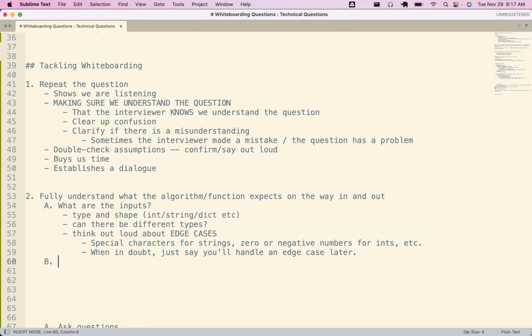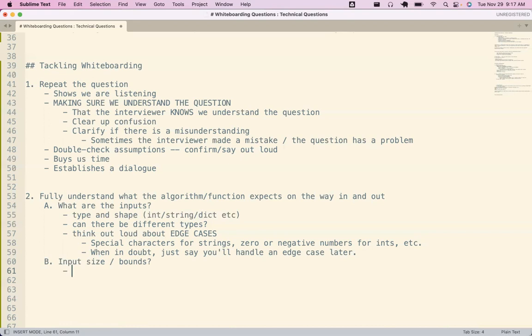In its own category, I'm going to put input size and bounds, especially if it's an algorithmic problem. Like if we have to sort through a list of users to find a specific email, how big is that list? 10 users, 100 users, 100,000 users, 1 million users?